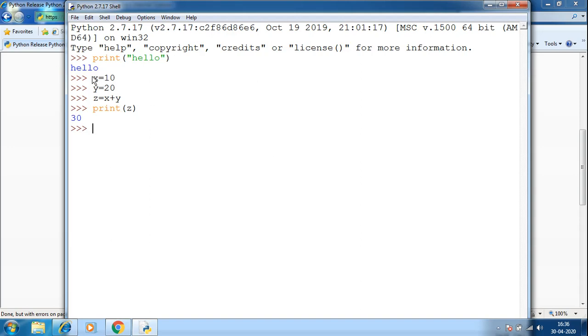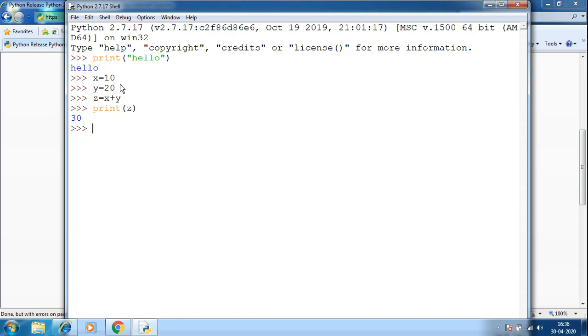Such small snippets of code can be executed at this Python shell, but this is not advisable when the lines of code are more, or when you want to save the code into a specific Python file and execute the file as a whole.